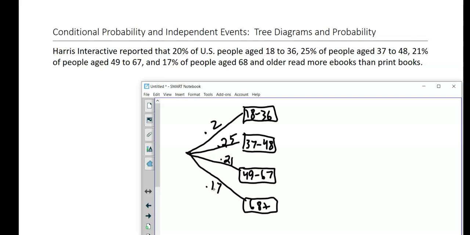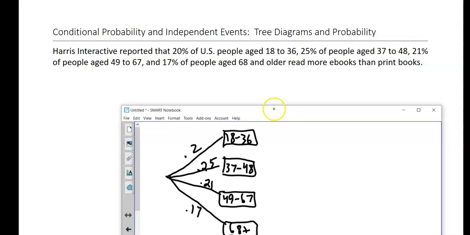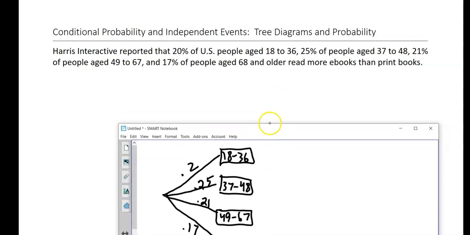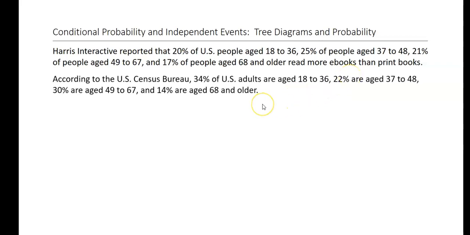But we're not going to worry about that right now. I guess the leftover would be the young folks, but it wasn't part of the study, I guess. But according to a Census Bureau, 34% of U.S. adults age 18 to 36